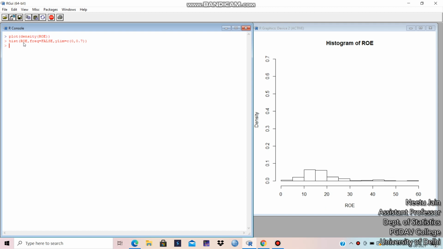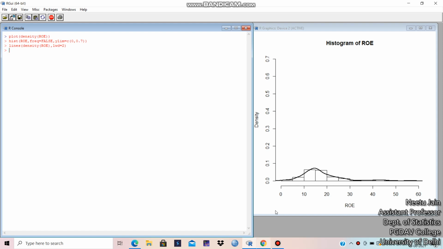The next is lines of density of the variable return on equity ROE, and let's take the width lwd equal to 2. See, these are the lines.